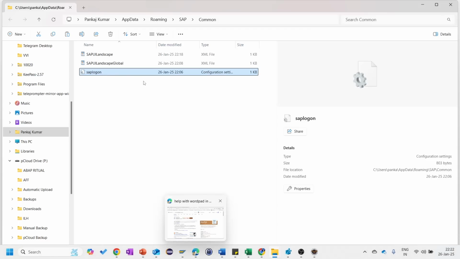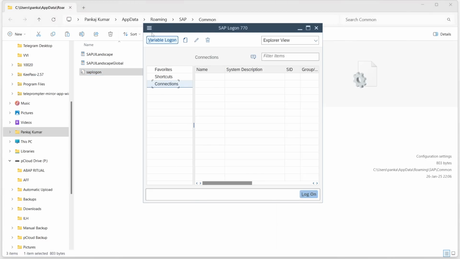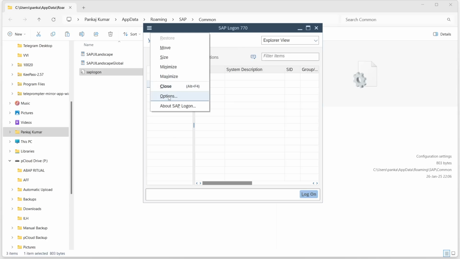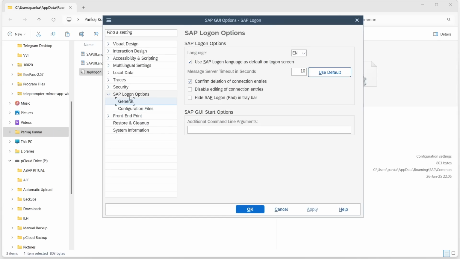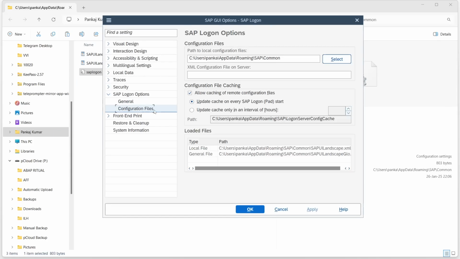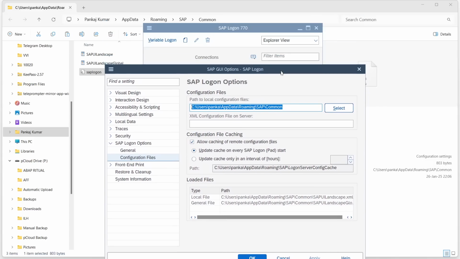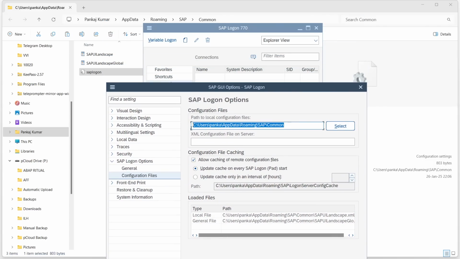This information you can also get in SAP GUI logon: go to the options, and under the SAP logon options, if you go to the configuration files, here you will be able to see this particular path. That means at this particular path your SAP logon.ini information should be present. So I copied the SAP logon file and pasted it at this given path so that it will pick those values. But when I'm trying to